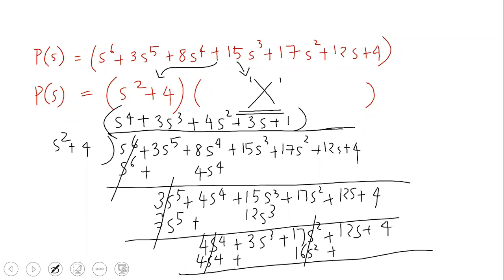Now when you want to decide if this particular polynomial is Hurwitz, then you have to check whether S square plus 4 is Hurwitz or whether this X is Hurwitz. So this problem is a 10 marks question, wherein you will have to separate out both of them. I have got my value of X, and now I am going to do further calculation. So P of S now is made up of 2 polynomials, P1 of S and P2 of S.